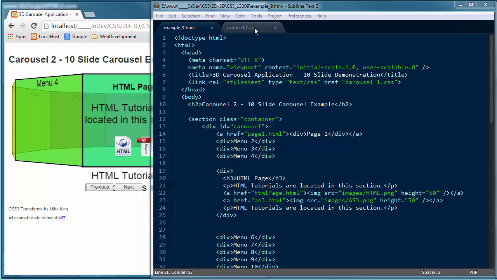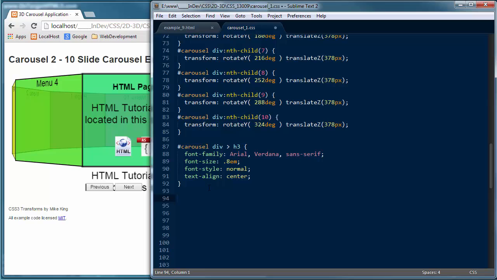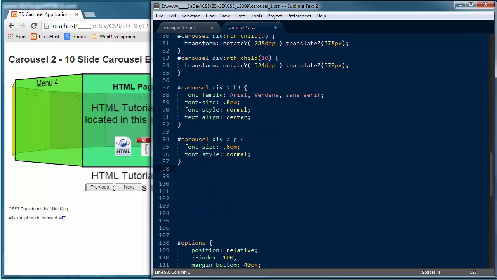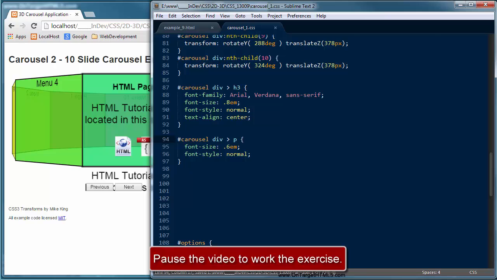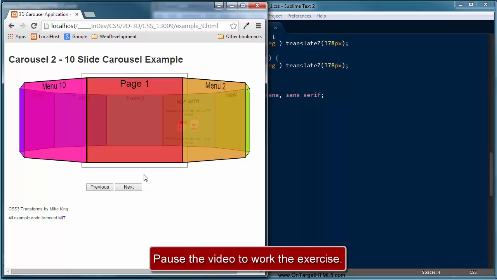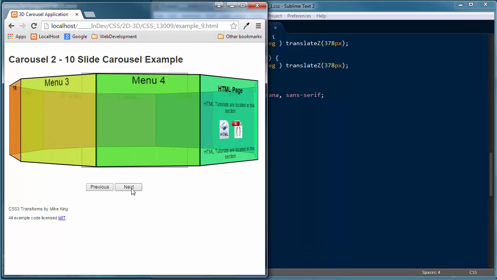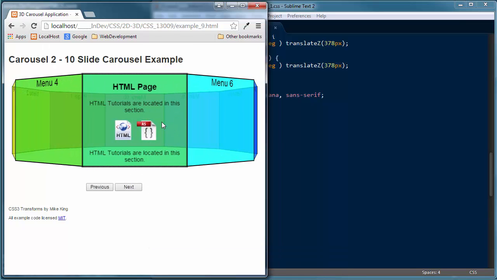So I'm going to go back into my CSS file, come down one line, and now I'm going to go into my carousel that has a div with the direct child, a paragraph or P tag. Let's go ahead and save all those changes. By the way, it's a great time to pause if you want to go ahead and type those in. I'm going to refresh the browser window, and now you'll notice that we've got some decent sized paragraph text, and